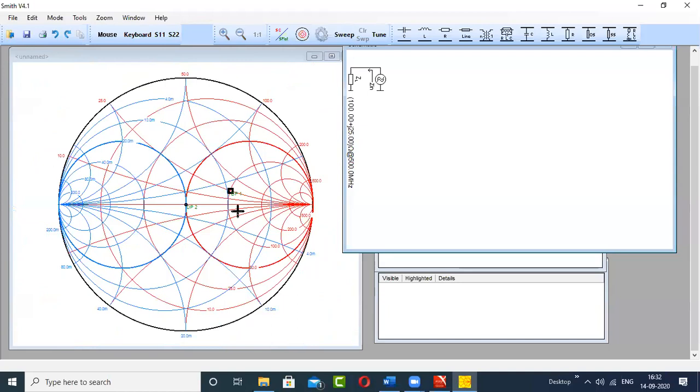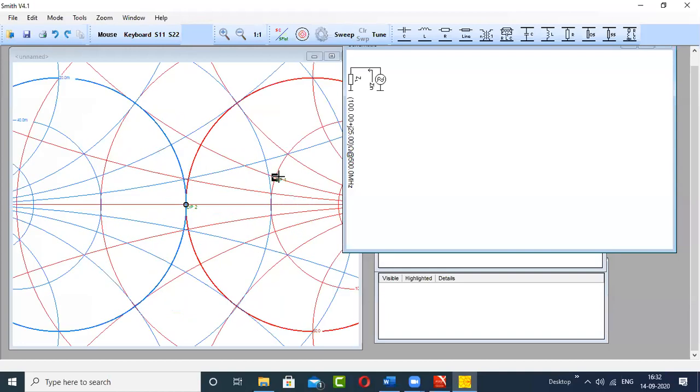Actually there are infinite circles because there is a range of conductance and a range of resistance. Conductance can vary from 0 to infinity. Similarly, the resistance can vary from 0 to infinity. So there are infinite circles actually, but every circle cannot be plotted here, simply because the entire chart will become purple, red, and blue. That's why a few blue circles and a few red circles are there. So this time the value of the load is taken in such a way that it is not falling on any circle.